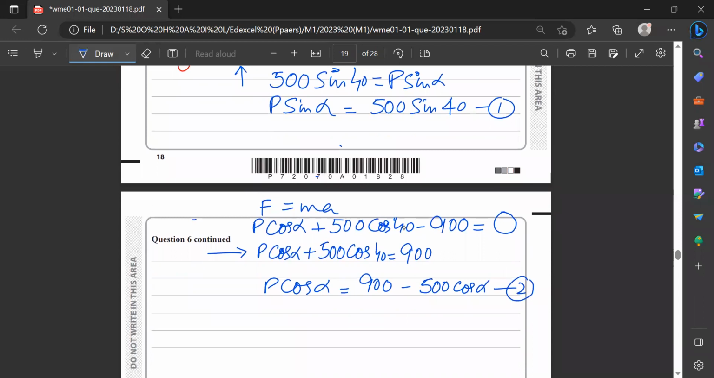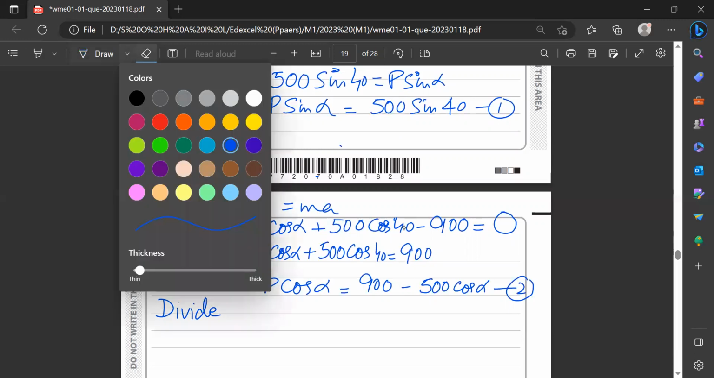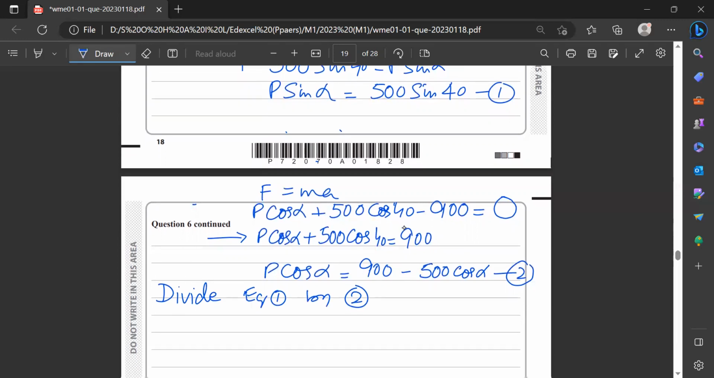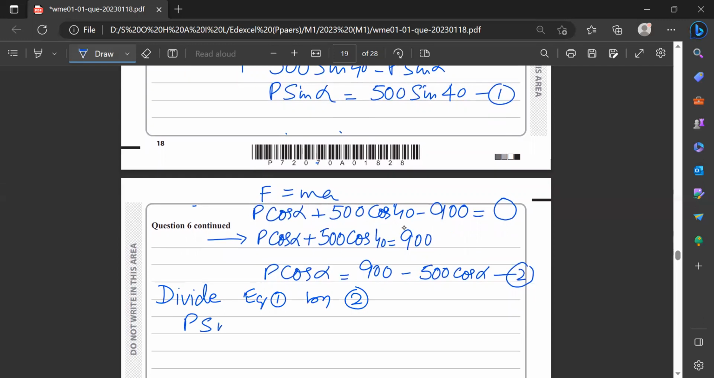So we have P sine of alpha on the left-hand side of equation 1 and P cos of alpha on the left-hand side of equation 2. So I can use a special technique: divide equation 1 by 2. Divide left side by the left side, P sine of alpha over P cos of alpha, equals the right-hand side of the first equation over the second. So corresponding sides I'm dividing, 500 sine of 40 over